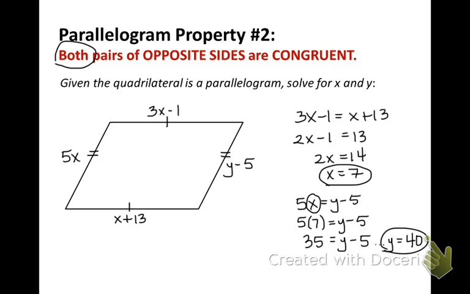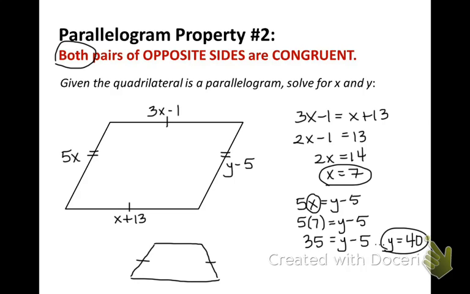And if you know that both pairs of opposite sides are congruent, it's a parallelogram. Why is it not enough to say that just one pair of opposite sides is congruent? What kind of a figure could have just one pair of opposite sides congruent but not be a parallelogram? Can anyone think of what that shape is? Trapezoid. Very good. So if you look at this figure I'm drawing right now,